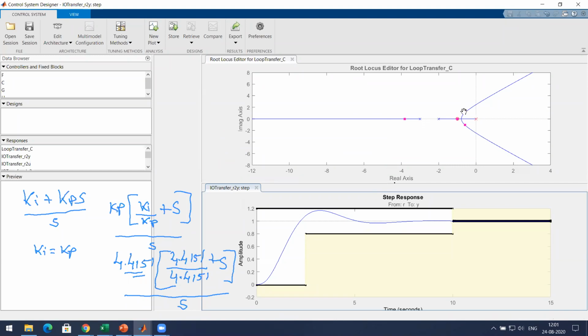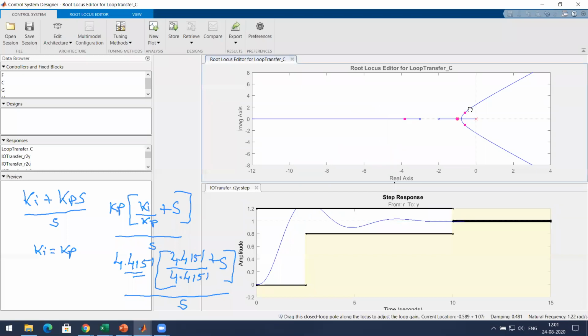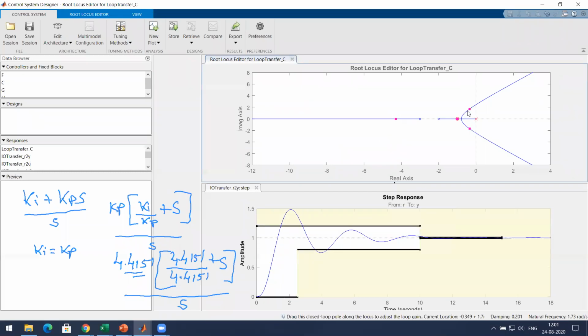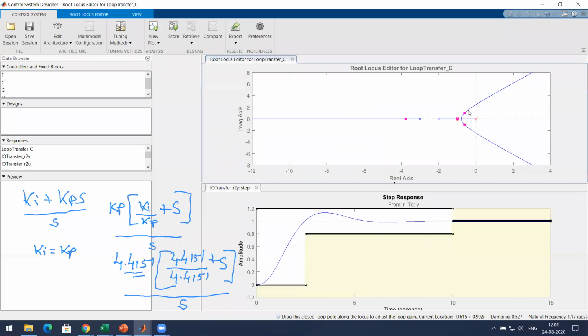Yes, sir. It's already meeting the requirement. Suppose if the situation was like this, then you can bring it down. So the rise time is this much, the overshoot is 1.20%, so it is within that, and the settling time I gave as 10 seconds. So this meets the requirement now.